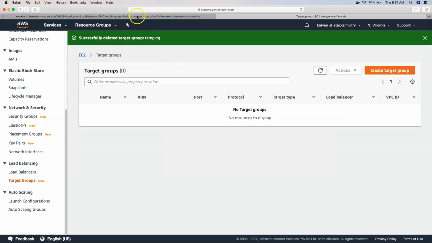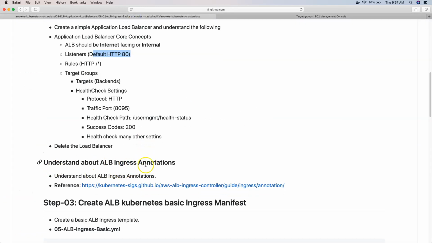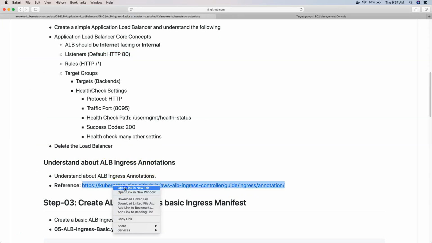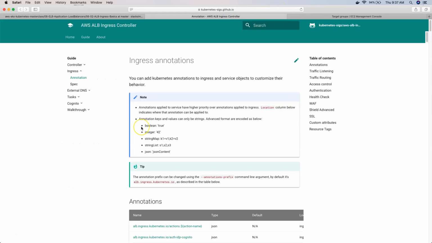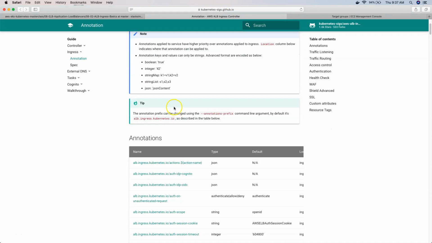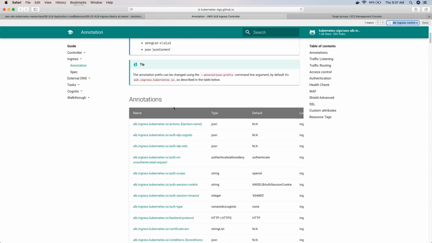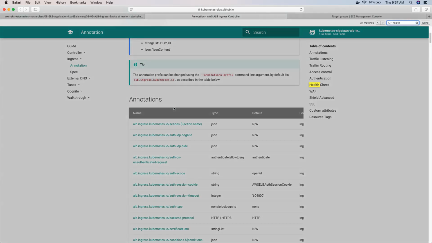Good. And one more thing which we need to understand is about ALB ingress annotations. So this is the reference link to review our ALB ingress annotations, right? So in this you can find different annotations, okay? So for example, if you go ahead and find health, right?